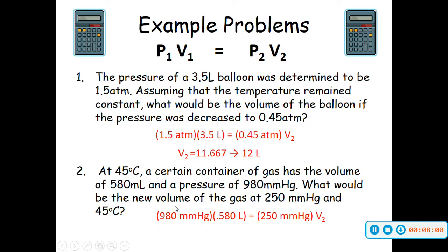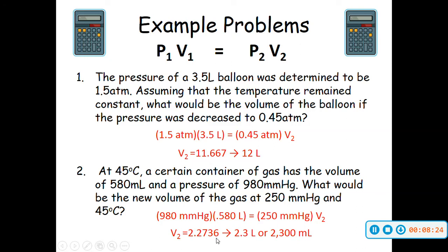But it's always easier just to use liters. Okay, and we set that equal to 250 millimeters of mercury times our unknown. And again, to solve, we would multiply these two values and then divide by 250, and we get